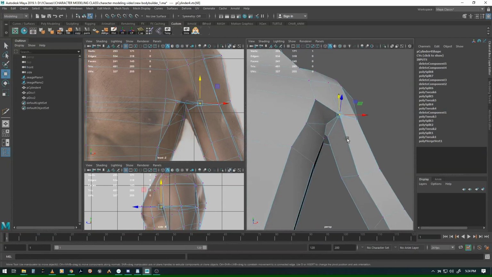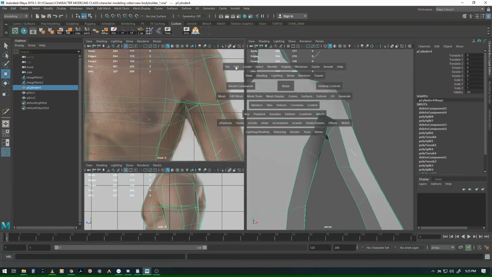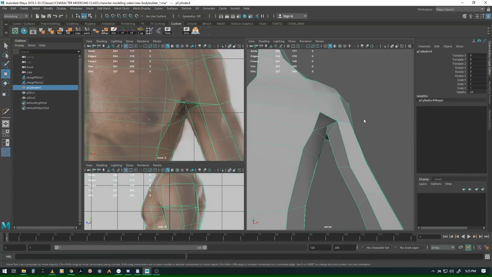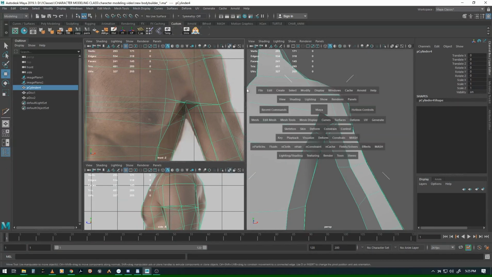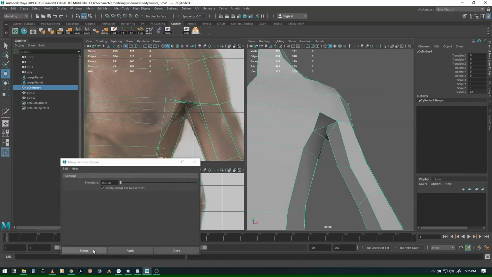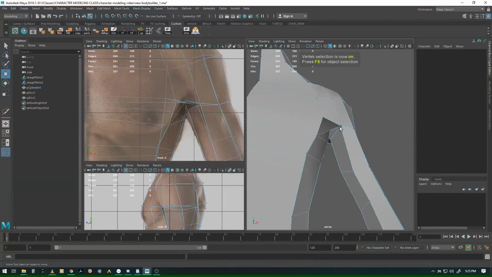Okay, so we have some verts that are not totally snapped, so I'm going to go over here and edit, delete by type, history, and then I'm going to merge. Make sure I'm at 0.1, merge, go back into vert mode,